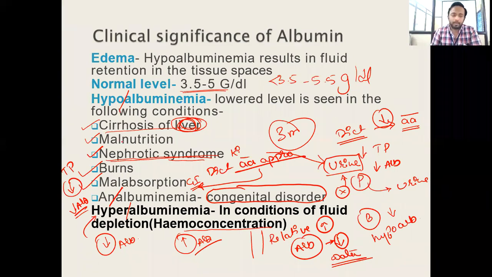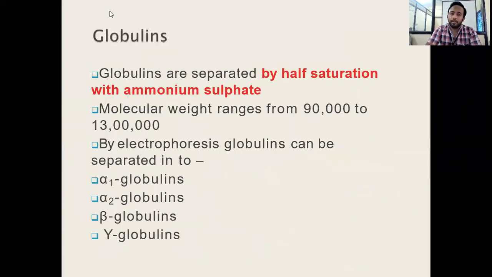Okay, in the exam, they will be asking you a 3-mark question: what are the different causes for hypoalbuminemia? You should be able to write 4 to 5 examples: cirrhosis of the liver, malnutrition, and malabsorption. Okay, either the person is not taking the diet properly or his GI tract is not absorbing the amino acids. Two causes, so total three. Then increased loss in the urine, that is nephrotic syndrome. There is increased loss in the urine. So all of that causes